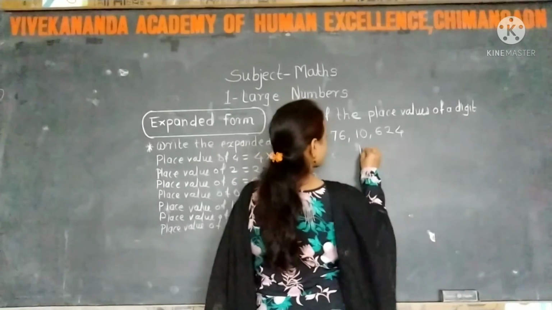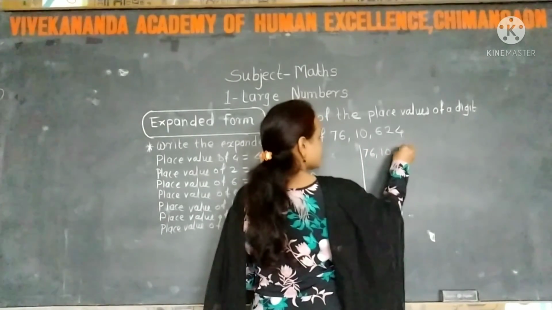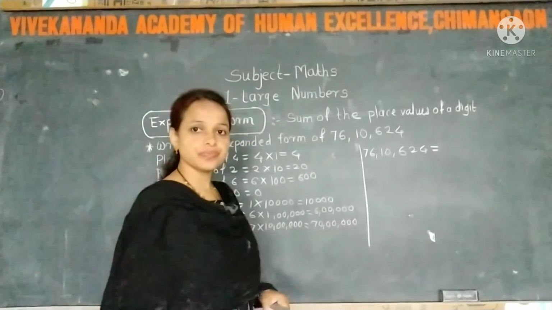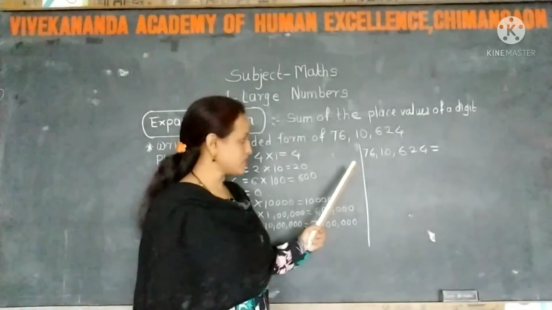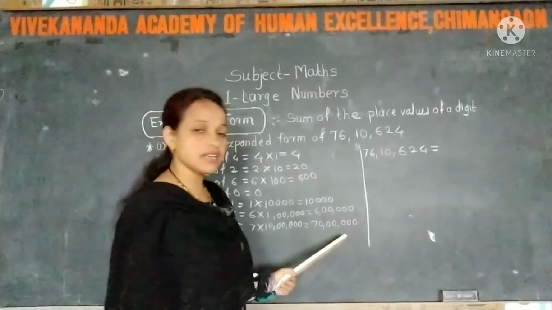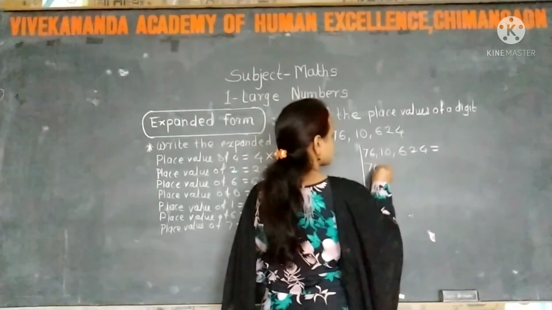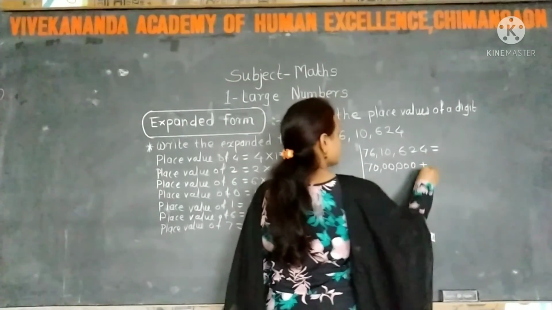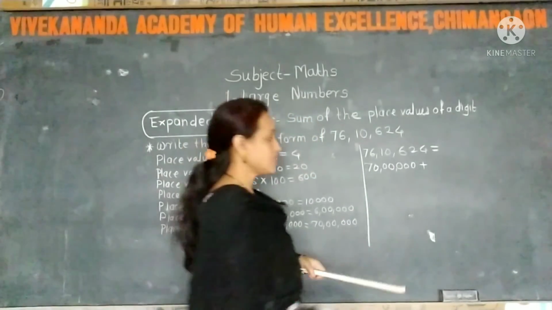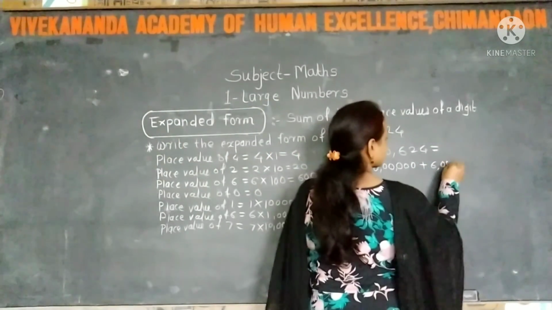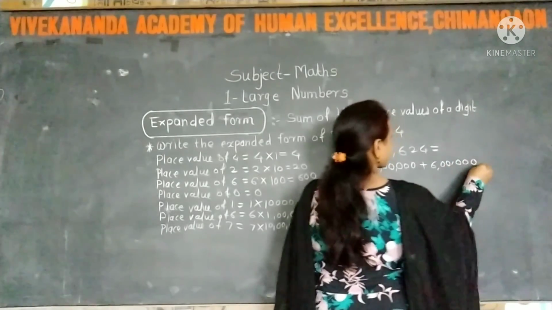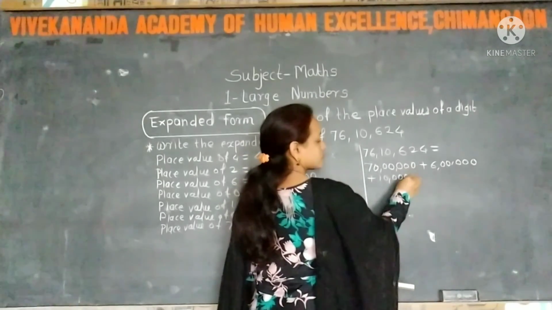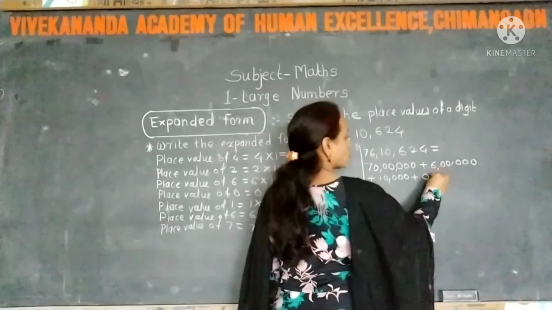So we write the expanded form of 76,10,624 is equal to, starting from the left: place value of 7 is 70 lakh, plus place value of 6 is 6 lakh, plus place value of 1 is 10,000, place value of 0 is 0, place value of